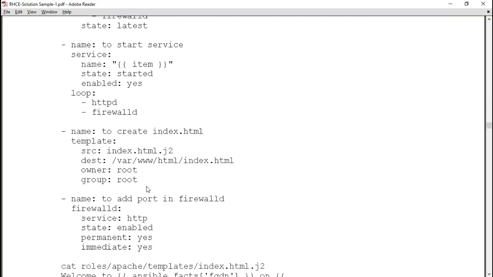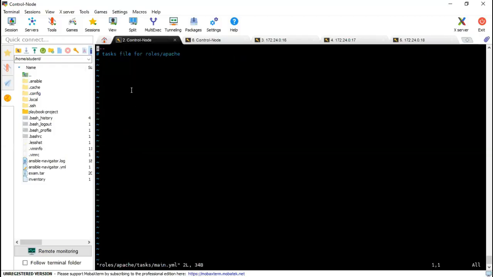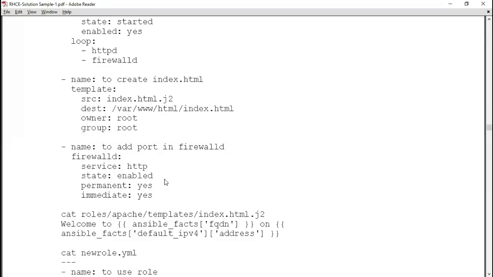However, we can create other files as well, as we do in our lab, but here I would suggest to save your time and just put all the entries there. It is not mandatory, I'm not saying only this way. If you want, you can create a separate file and include it in main.yml. I'm going to create everything inside main.yml this time, right?